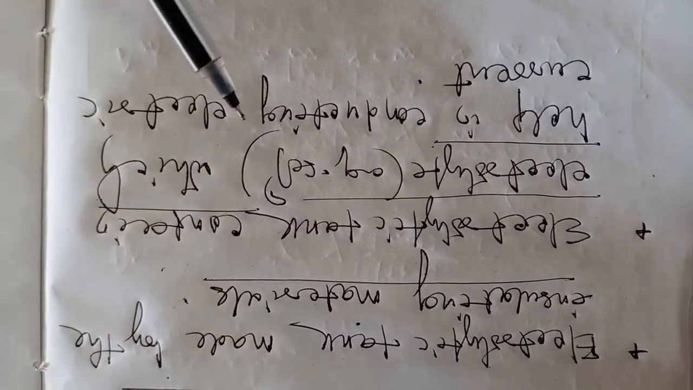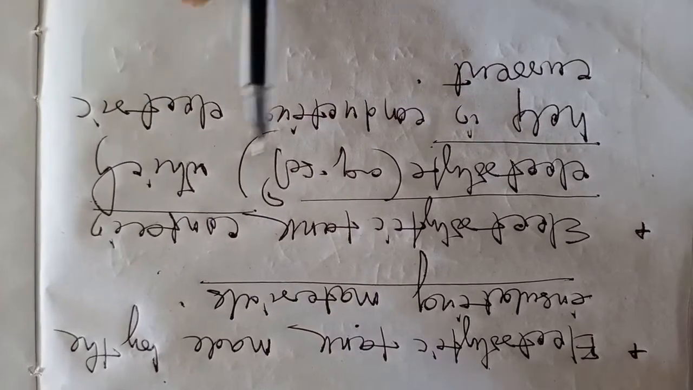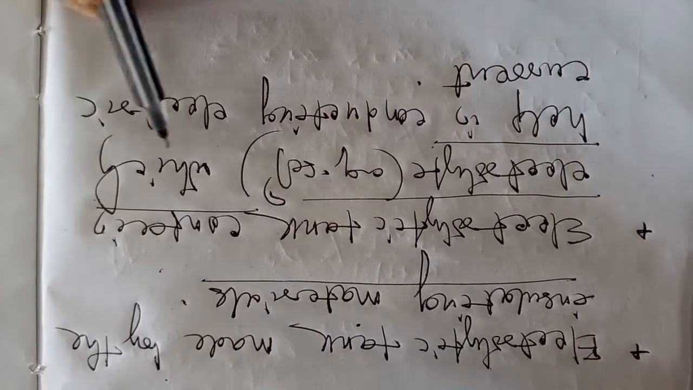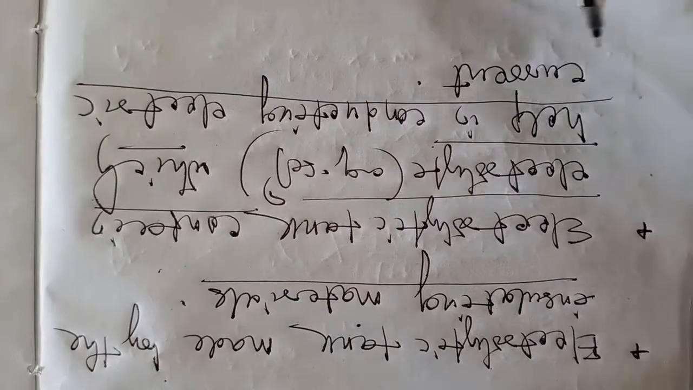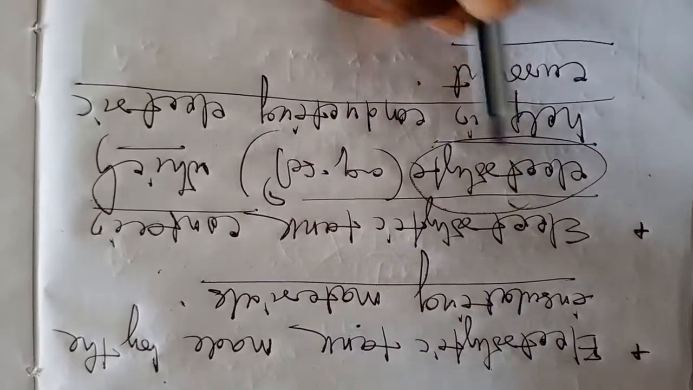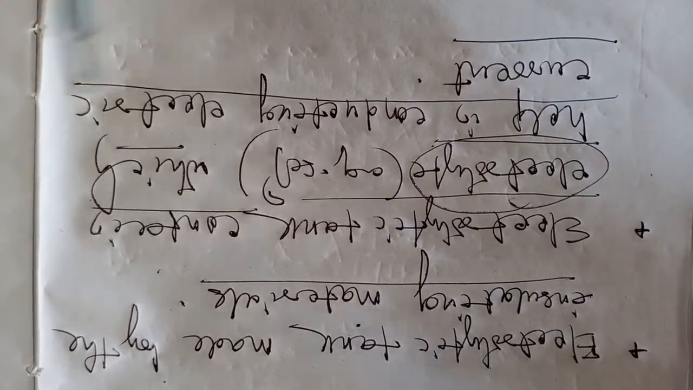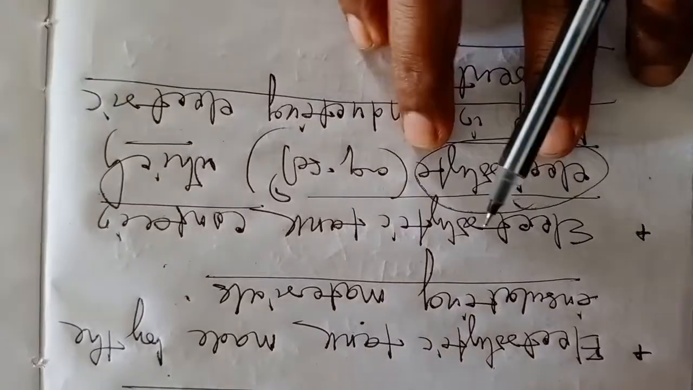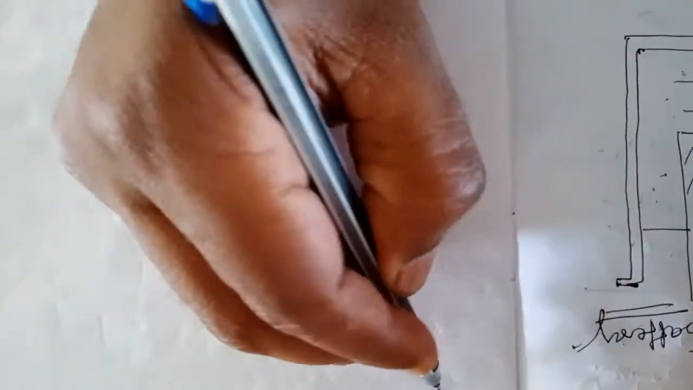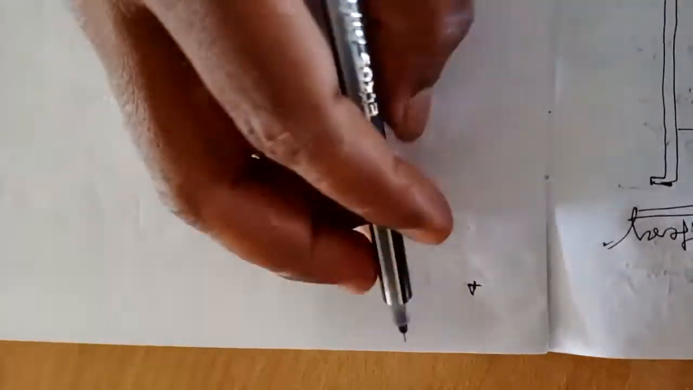Electrolyte, what is electrolyte, we have already discussed. So the electrolyte helps in conducting electric current. This electrolyte helps in conducting electric current after passing the electric current. Okay, so once again we say that